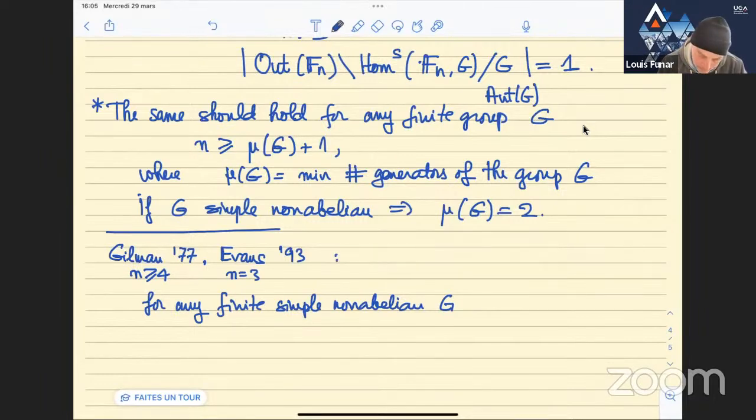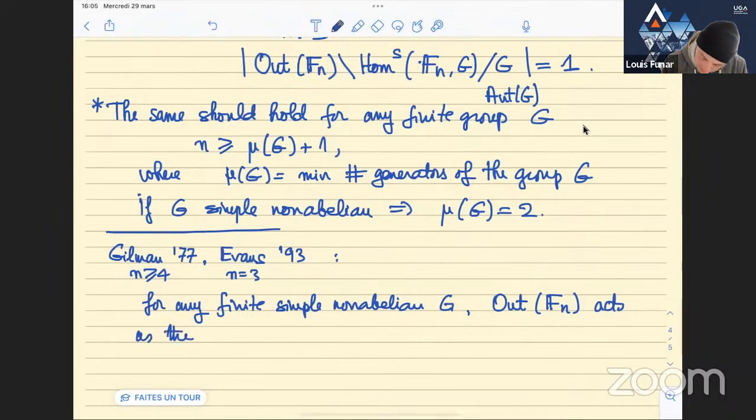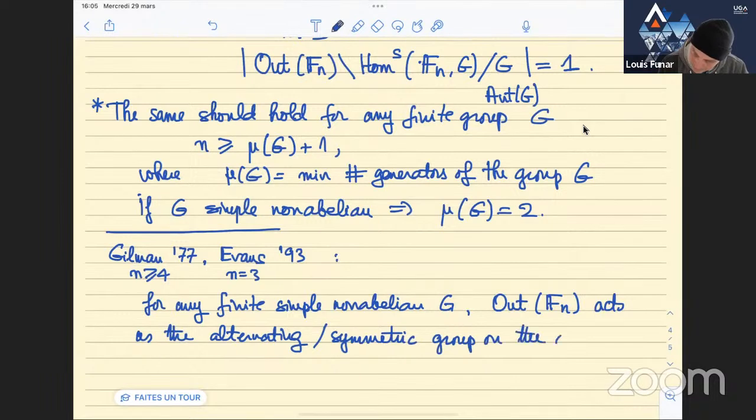you have the group automorphism of Fn acts as the alternating, so it acts very transitively as the alternating or symmetric group on the set